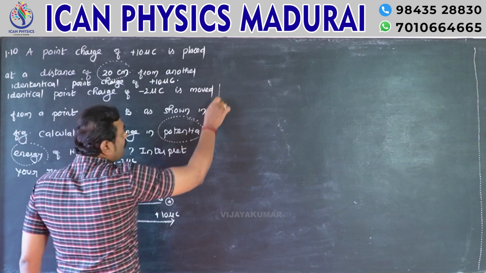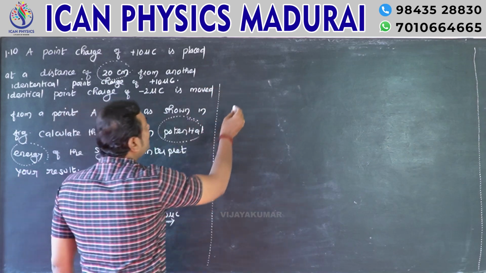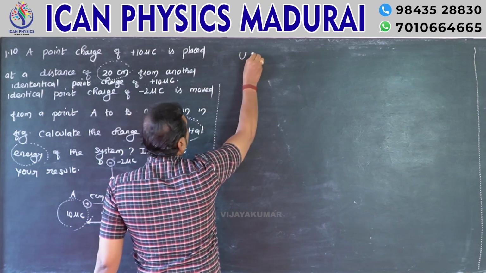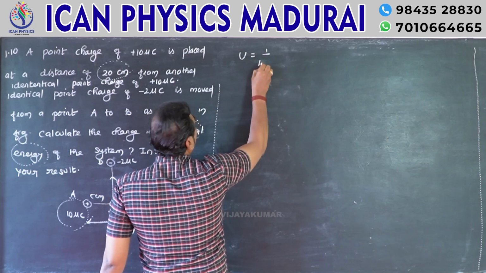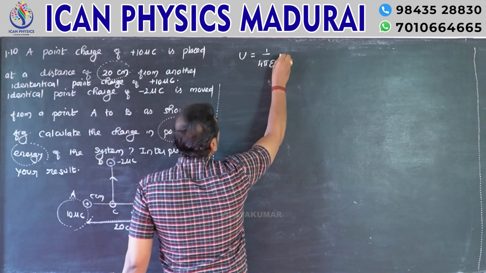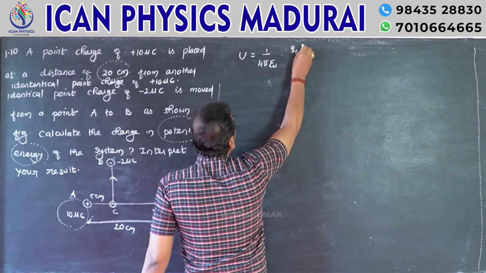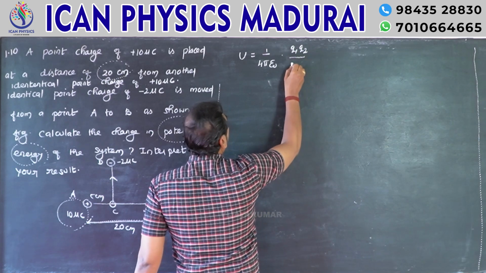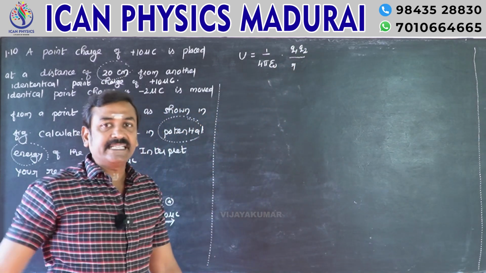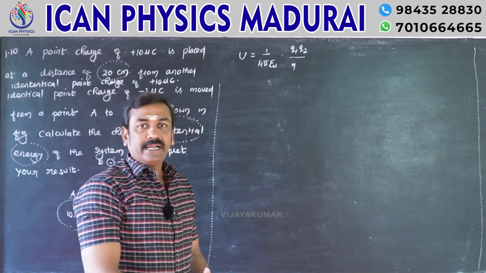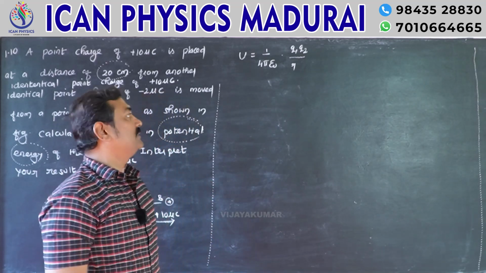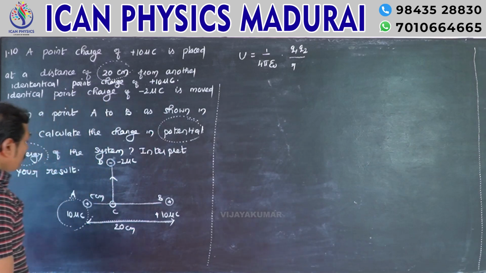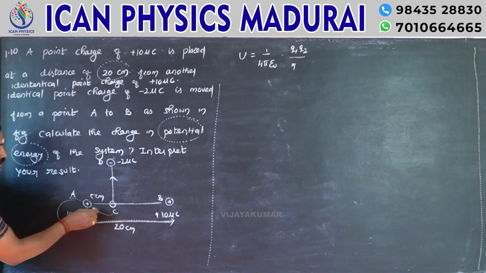So what is the expression for potential energy? U equal to 1 by 4 pi epsilon 0 Q1 Q2 by R. So this is the general expression for electrostatic potential energy. Right? Okay. Now to assemble these two charges,